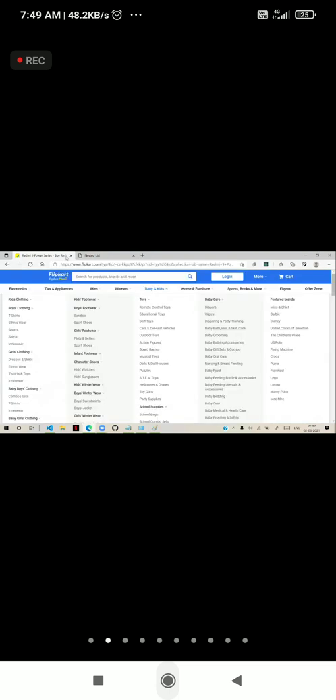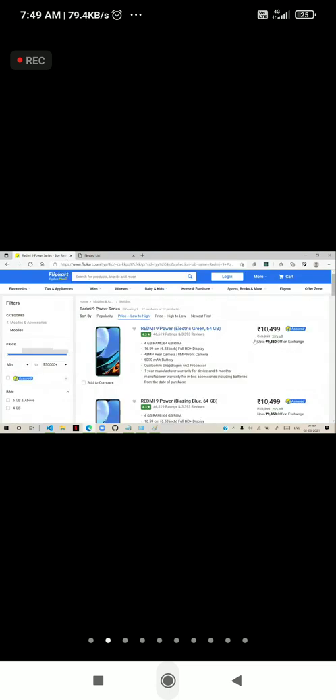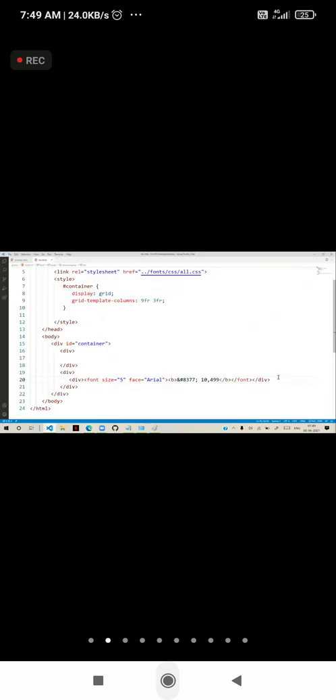And below that, the actual cost is 13,999. And we need to show it in a strikeout effect. Then how do we define it in the next line? In the next line, that means use another div. And here we will put strike. Strike will keep a strikeout. So here ampersand hash 8377 semicolon. And I defined here 13, so 999. That is the strikeout.